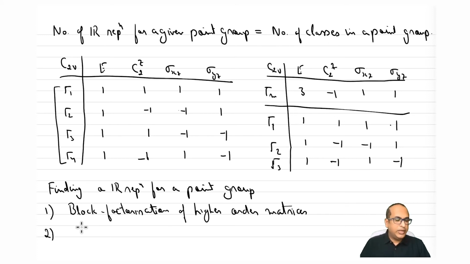The second way is to do it by changing the basis sets. So like we went from, instead of taking xyz together, we went to unit vector transformations, and we saw that a single unit vector gave us the irreducible representations. So by changing, what we did, we changed the basis sets there, right?